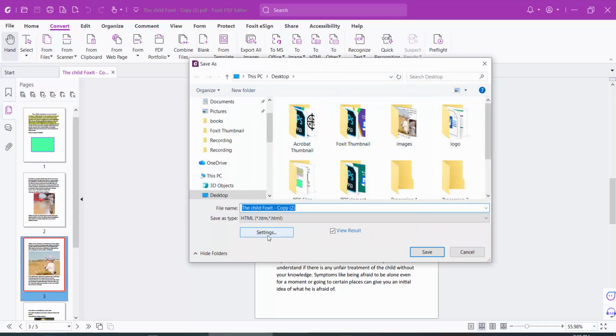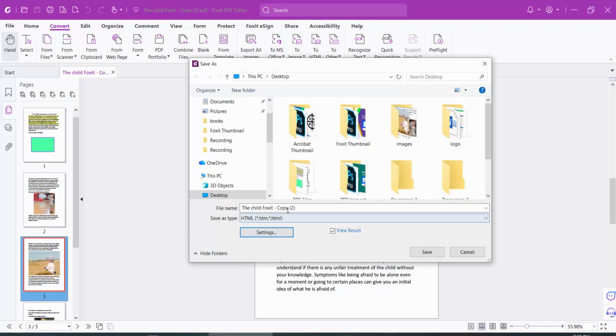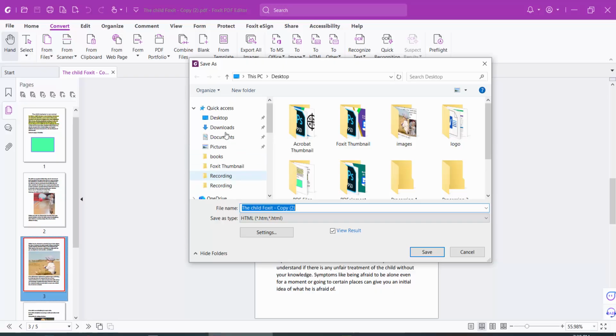Now click on the setting option and here you can convert a specific page or all pages. I say the single HTML page. I select all pages. Now select OK and you can save this file name and select your destination folder where you want to save. Now select save